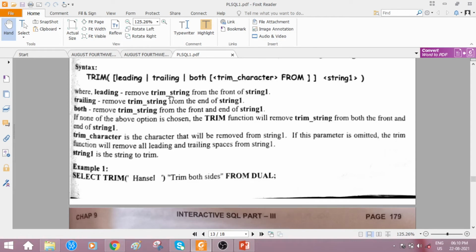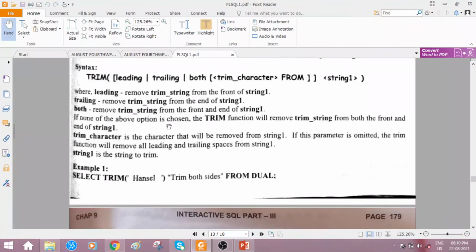Leading removes the trim string from the front of string 1. So from the front of the string it has to be removed if you are using the leading option. Trailing means what? It removes or trims the string from the end of the string. So from the right side it tries to remove the characters. Both: trim character removes the trim string from the front and end of string 1. So it may use both ways to remove.